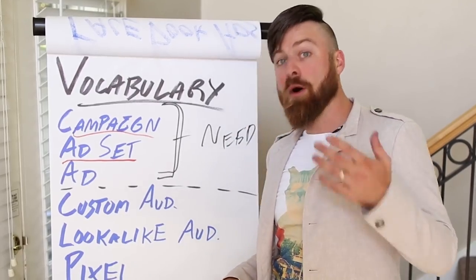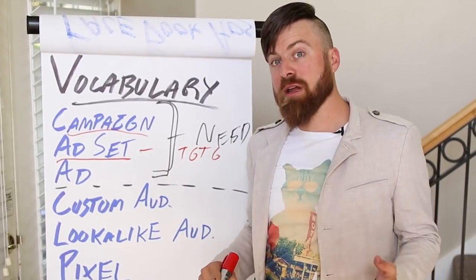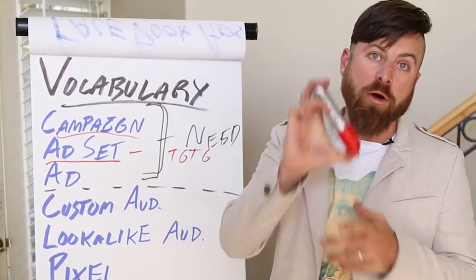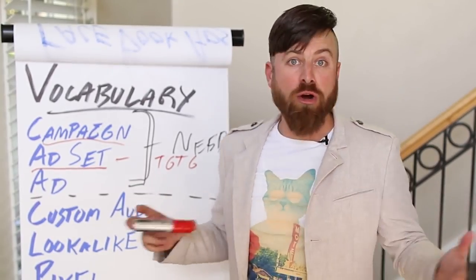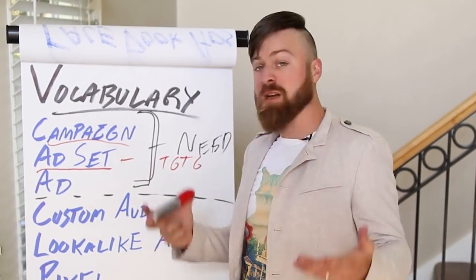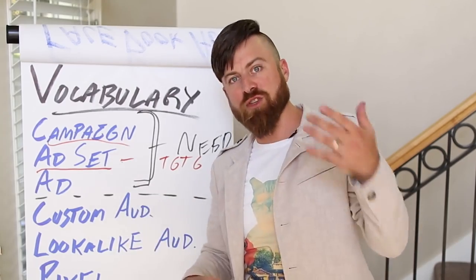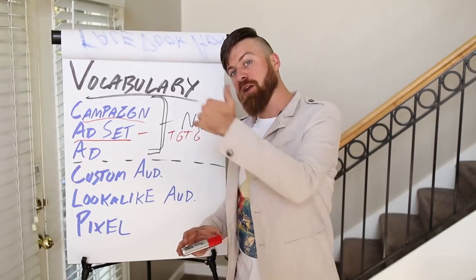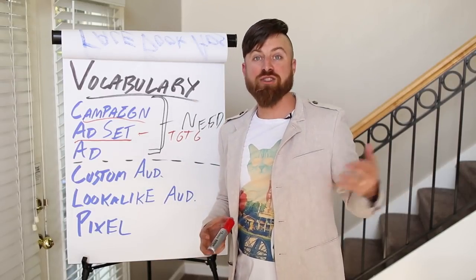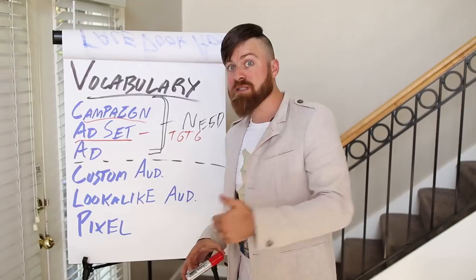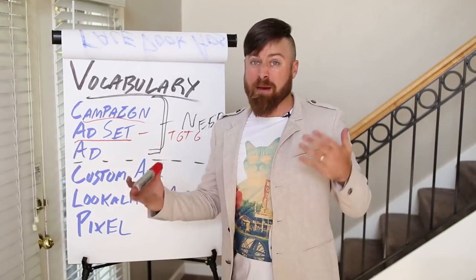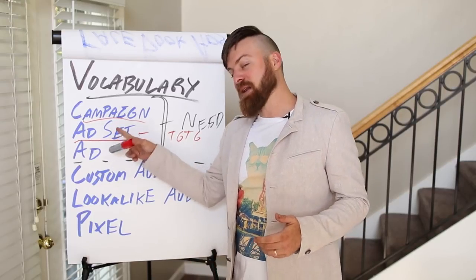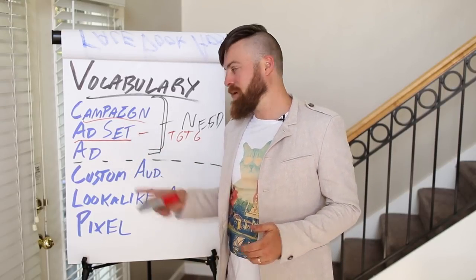An ad set is where all the magic happens. It's where you define the targeting for the ad and who the ad gets shown to. Now, if I'm selling markers, for instance, I'd need to target people who are interested in markers, or who use whiteboards or do presentations. Maybe I target teachers, but that's where you define who sees your ad. If you're showing ads for dog toys to cat people, you're not going to make any money. In fact, you're going to lose a lot of money if you're doing that sort of advertising. So a lot of stuff happens on the ad set level, as I said, the targeting.